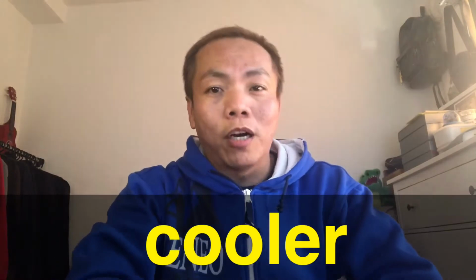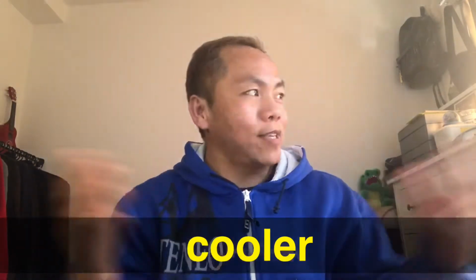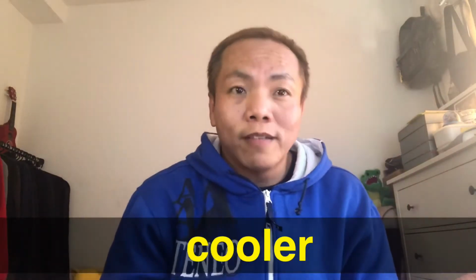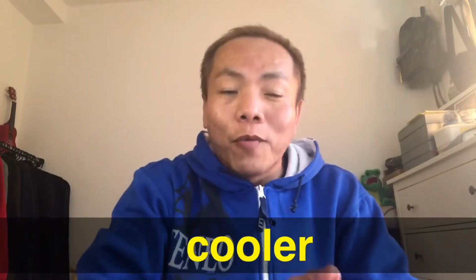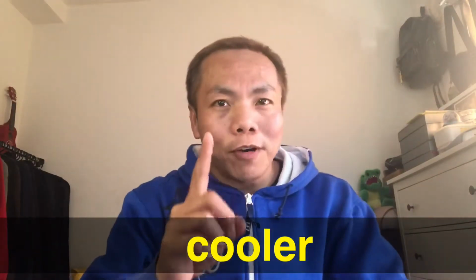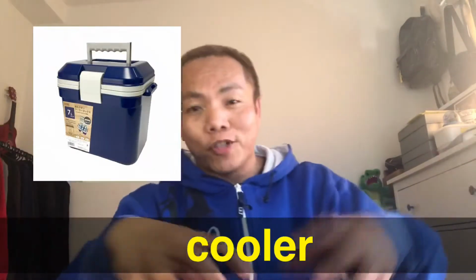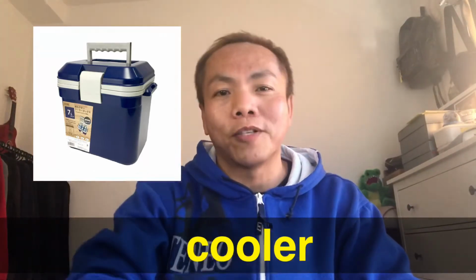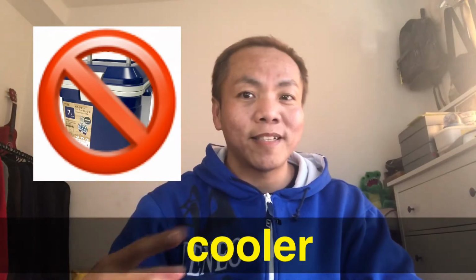Word number 2 is cooler. Yes, cooler. So these days it's getting warmer and warmer here in Japan. Springtime. Warmer weather increased the use of coolers everywhere. But the coolers here are not the kind you can pop your drinks into for chilling. That's how English speakers understand coolers. But here in Japan, cooler means...